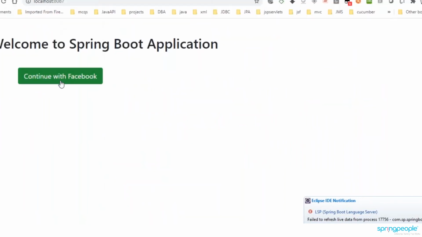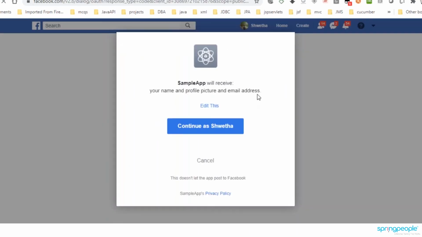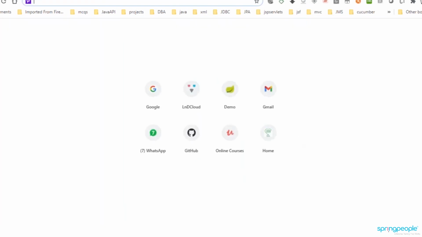And when you click on continue with Facebook, see, it will ask from your Facebook account, whatever Facebook account you are using. So it is my Facebook account, and sample app will receive your name and profile picture and your email address. So this way you are able to authenticate your user with any social logins. So this is a simple example of how the social login will be taken care of.